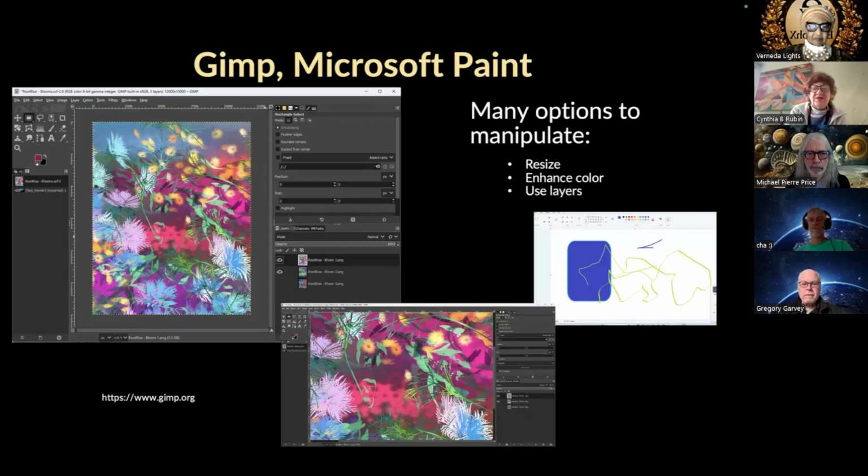You will hear many of the artists say they take their work into Photoshop, but on your computers, you have GIMP and Microsoft Paint, and you will be able to do some of the same techniques that people refer to in Photoshop using GIMP. It's the same idea, slightly different interface, and then you can make layers in Microsoft Paint and also paint on things. So when people talk about their tools, you don't have to get exactly the same tools that they have.